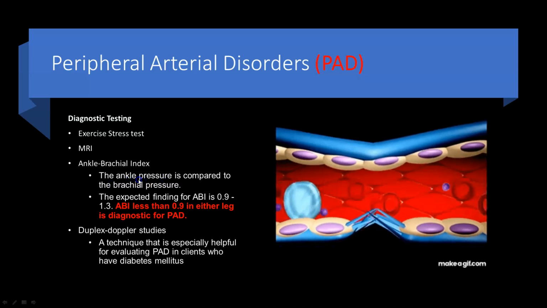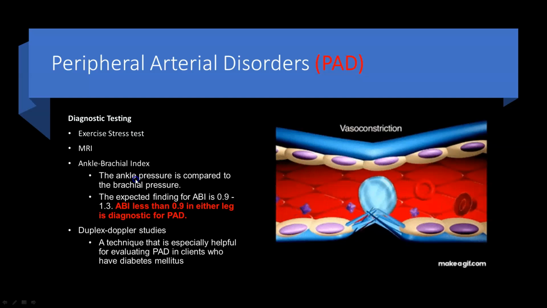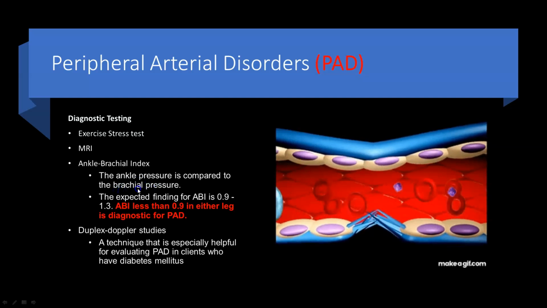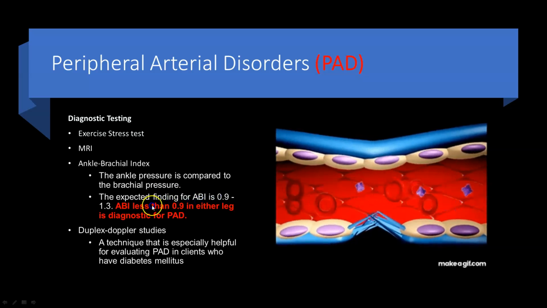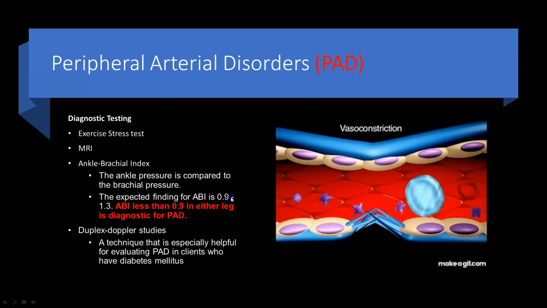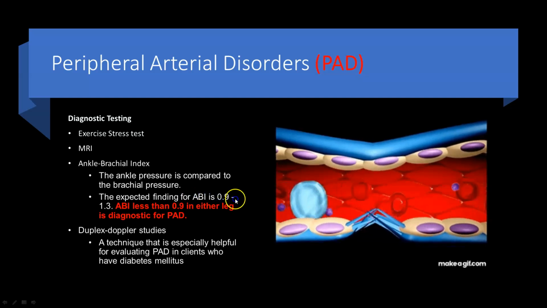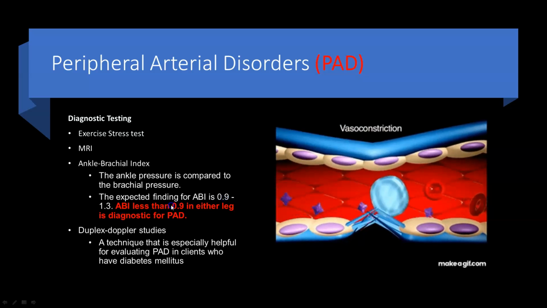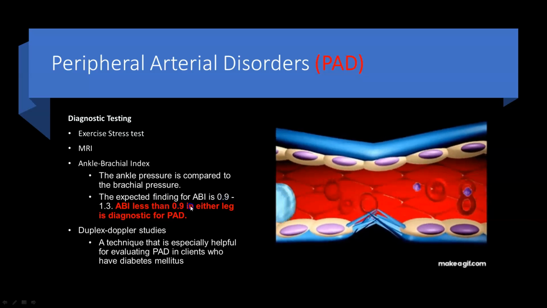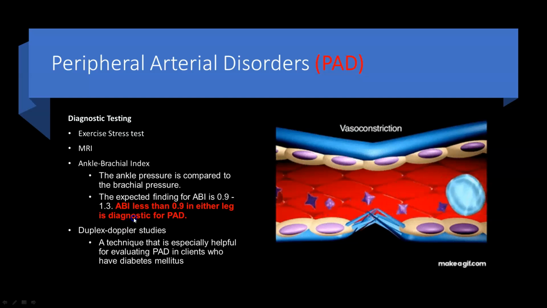So what we're doing is we're comparing the pressures in the lower extremities, here the ankle pressure, to the brachial pressure. And then we're going to compare these, and I'm not going to have you do that because that's not basic nursing. But if you get that value back and it's less than 1, so you see here the normal is 0.9 to 1.3. So if it's less than 1 in either leg, that's diagnostic for some form of peripheral